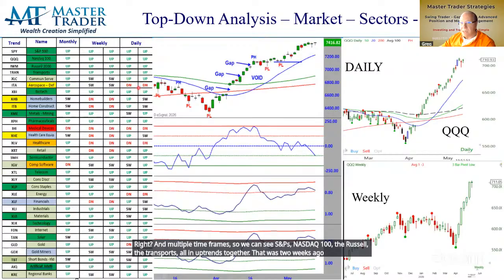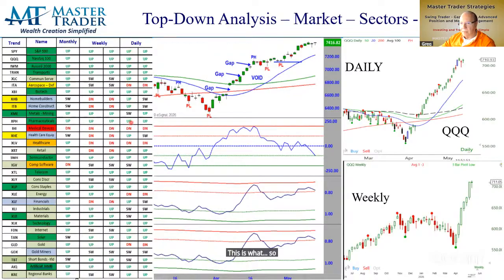Aerospace and defense was in a downtrend. And the second column here, when I do this, subscribers read this, and they know this is what it was the previous week, and this is this weekend going into Monday. Was there a change? Was it the same? Did anything change in these time frames?